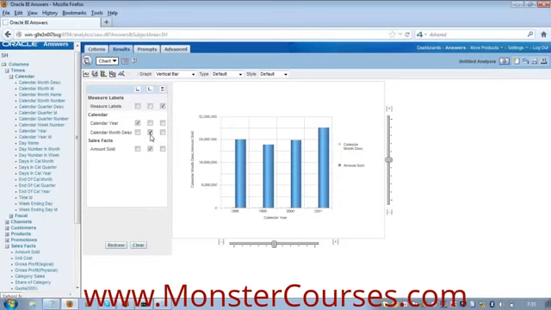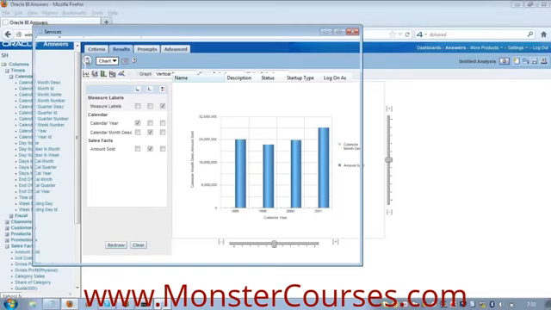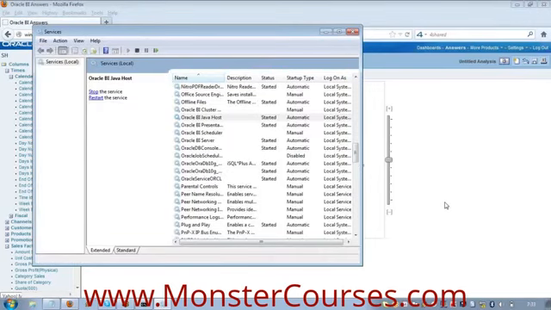So understood? Now if I stop the Java host, charts will not be displayed. Understood now the importance of the Java host server? If they ask you what happens if the Java host server is not running, you can still display the default reports, but graphs or images or charts for the report will not be displayed. That should be your answer. So you understood about all three servers: Oracle BI server, Oracle BI presentation server, Oracle BI Java host server.